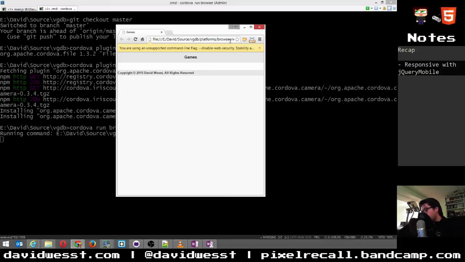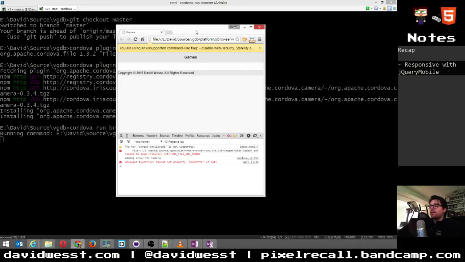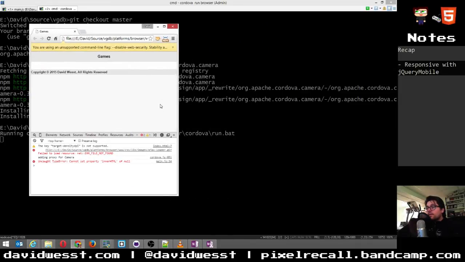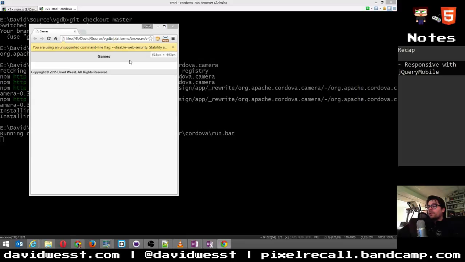That's not a big deal. What we'll do is open up the DevTools. Not full screen, but DevTools. Let's try that again. Did I close it by accident? I'm not sure what I did there.